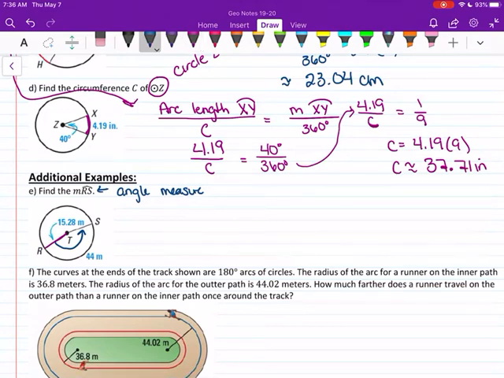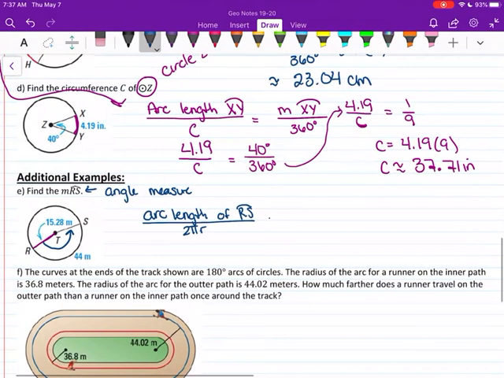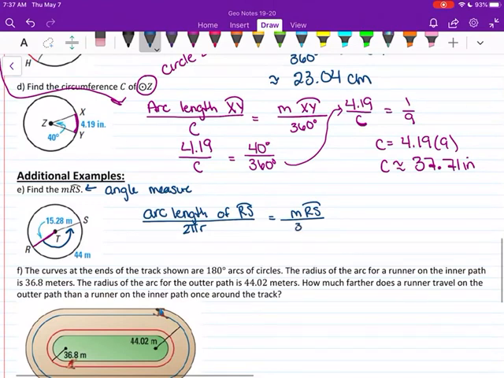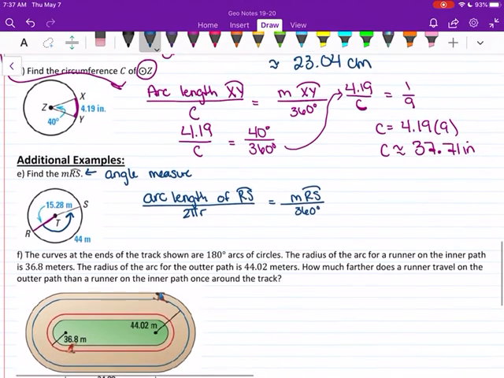So I'm going to go ahead and use that proportion again. So I have that the arc length of RS over the circumference, which is 2 pi r, is going to equal the measure of that angle, RS, of the arc RS, over 360 degrees. All right, so if I fill in my pieces here,